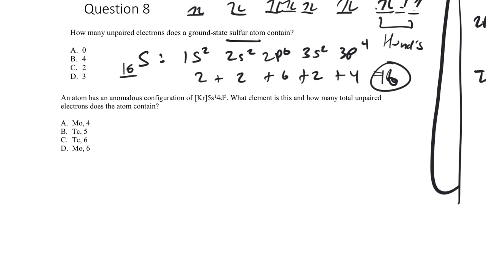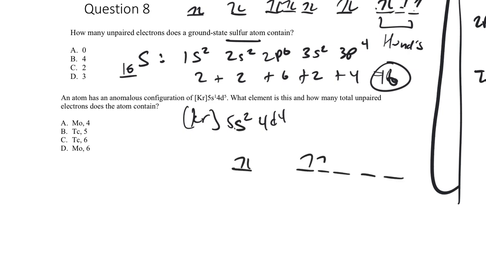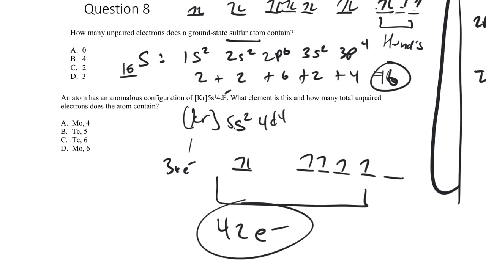Sometimes the configuration is not the one we expect. We would expect a configuration might look something like krypton 5s2, 4d4. Just making sure I show that more clearly, the 5s2, we'd expect this configuration, then we'd expect the 4d4 for this element here. The element that's consistent with krypton having 36 electrons, plus 2 plus 4, or plus 1 plus 5, this is a 5 here, this would be the element that has 42 electrons. So you're just looking for an element with 42 protons,